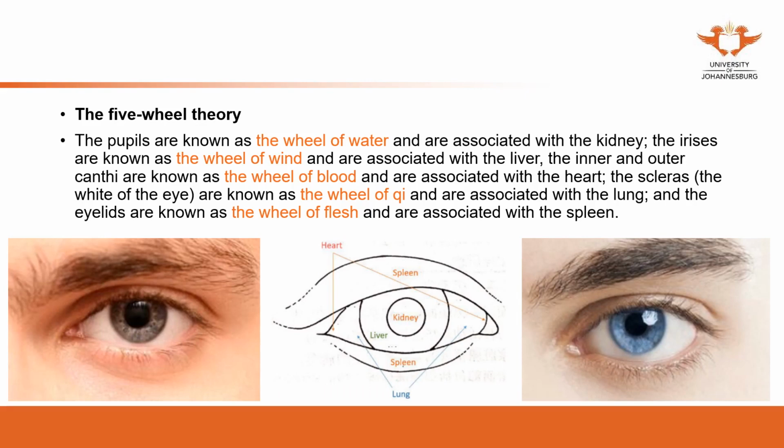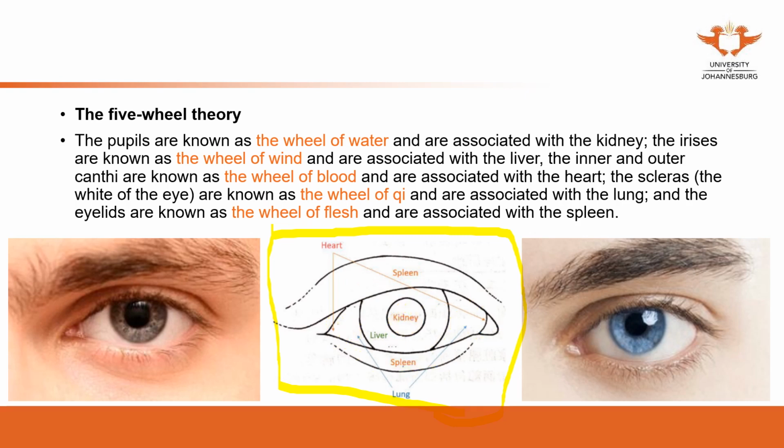Firstly, we're going to look at this image in the middle. What's the structure of the eye? Firstly is the pupil, in the center. The second is the iris, the colored part of the eye. Then the white part is the sclera, and there are also the eyelids on the upper side and the bottom. The canthus is in the corner of the eyes. We base this on these five areas.